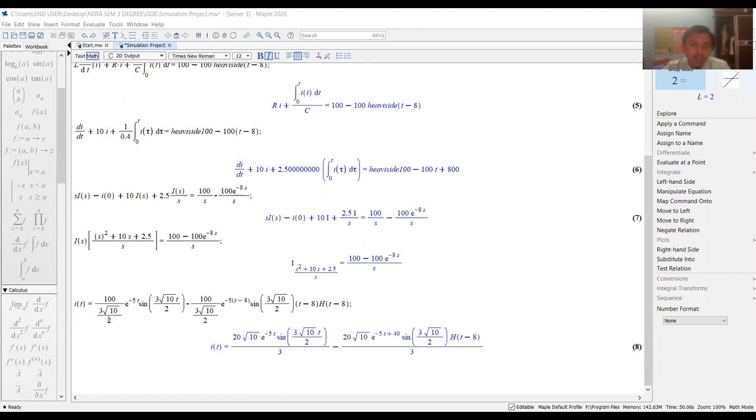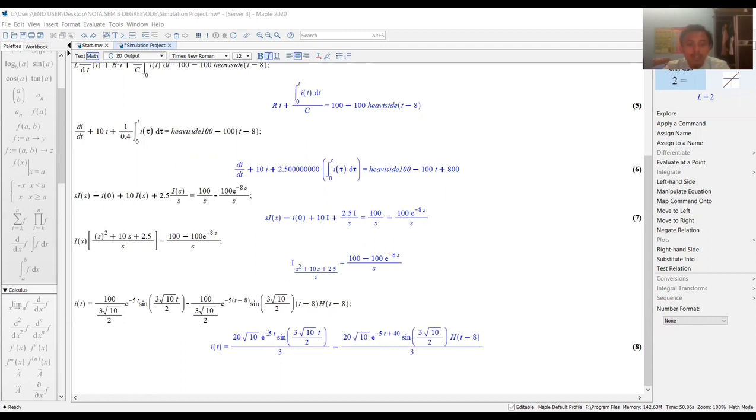And last but not least, we write the formula of I(t) equal to 100 over 3 square root 10 over 2 exponential to the power of negative 5t sine in the bracket 3 square root 10 t over 2, minus 100 over 3 square root 10 over 2 exponential to the power of negative 5 (t minus x) sine in the bracket 3 square root 10 over 2 multiplied by (t minus x) Heaviside (t minus x),